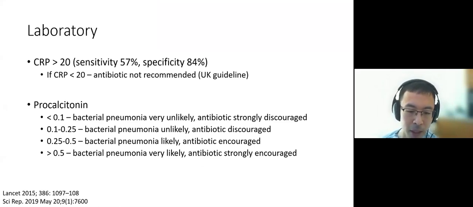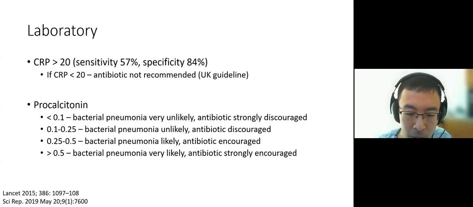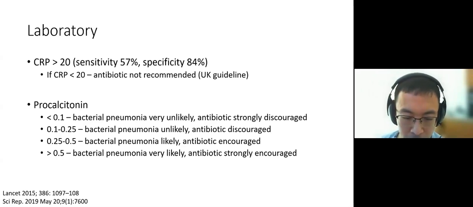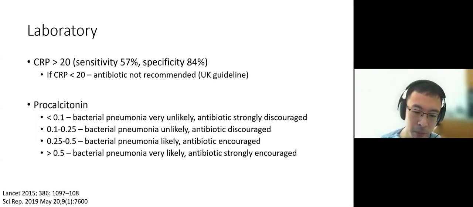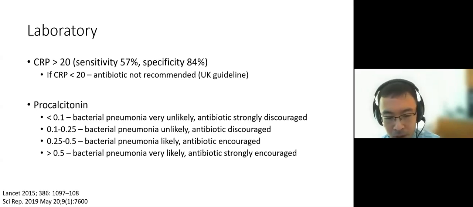So what about using biomarkers for diagnosing CAP? So in general, ordering biomarkers might be impractical in the ambulatory setting, but there is some evidence for using CRP and procalcitonin in pneumonia. So these might be useful to obtain if you can get the results quickly. For example, if you work in the ER. In the UK, where they actually have point of care CRP testing, their guidelines actually recommend doing a CRP to help guide clinicians on whether or not they should prescribe antibiotics. So by using a cutoff of 20, antibiotics are discouraged when the result is less than that. The procalcitonin is a marker that rises with bacterial infection. So when the value is less than 0.25, antibiotics are not recommended.